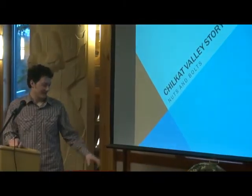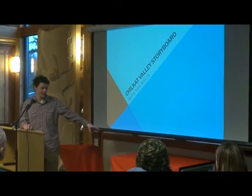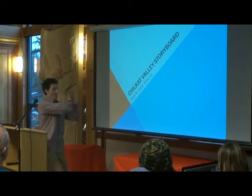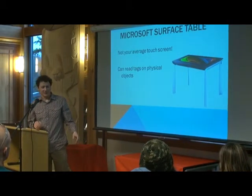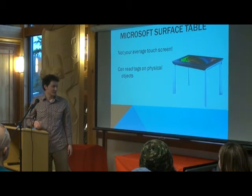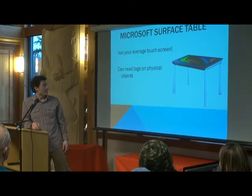All right, so I'm going to try to talk a little bit about the details of what went into making this beautiful hunk of hardware work. Okay, so it's a Microsoft Surface table, which is kind of like a gigantic tablet computer, but it's not your